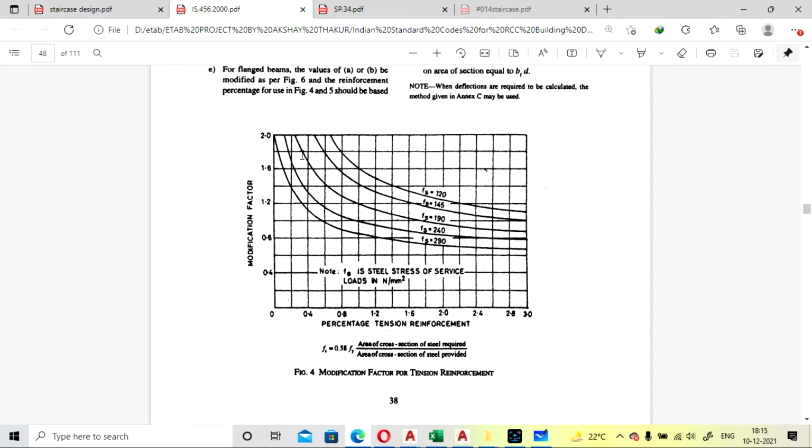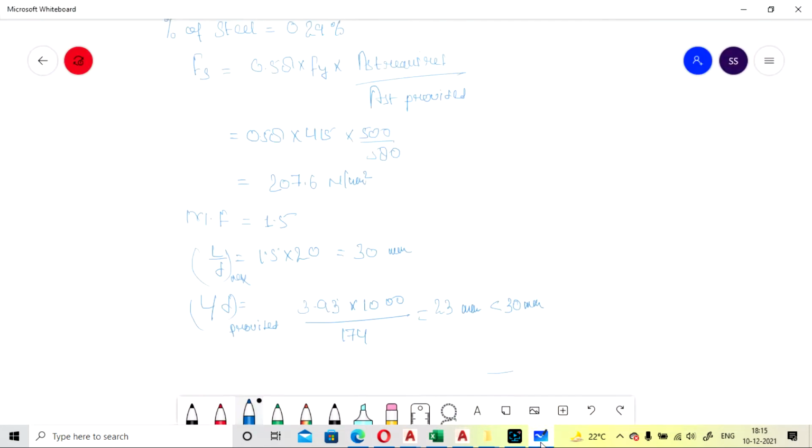Okay, so it will come nearby here, so it is greater than 1.6, it will come nearby 1.7 and 1.8. Okay, so here we can change the value. It is not 1.5, it is coming nearby 1.7 or 8, so we are going to take the 1.7.